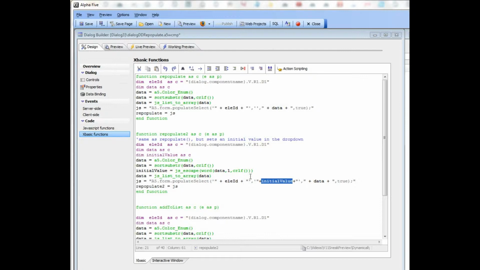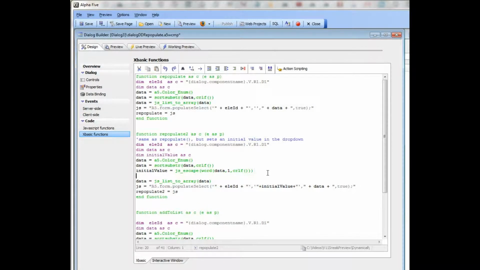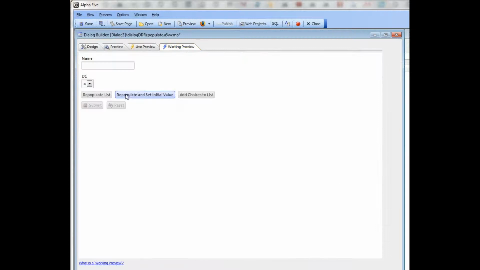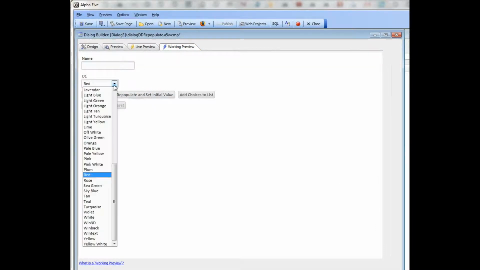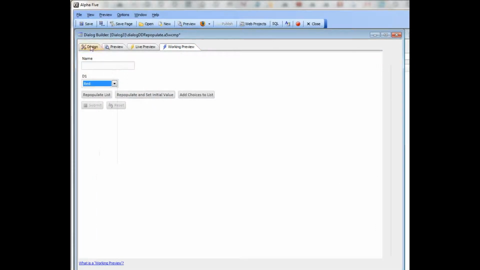aqua, but if I would have gone here, for example, and said initial value equals red, and then run it, as long as red was in that list, then you can see that we've set that over there. So now finally we're going to go here and choose the add to choice